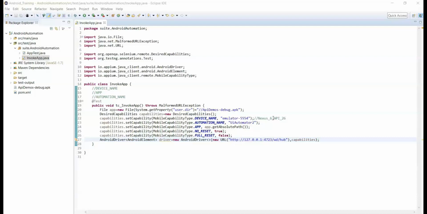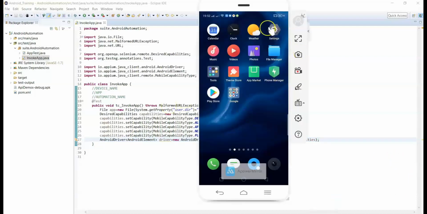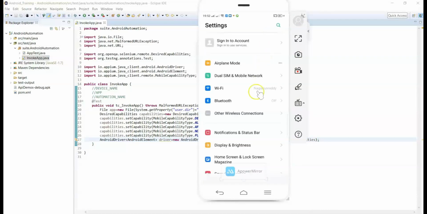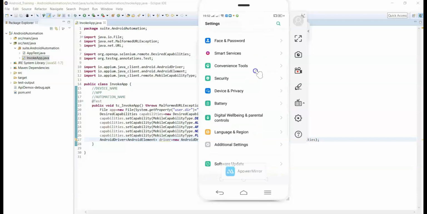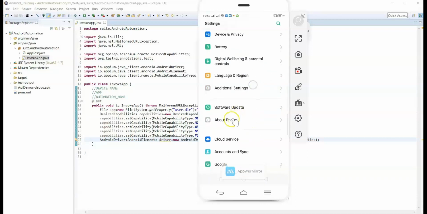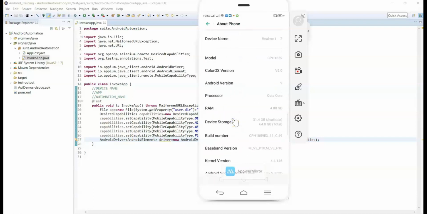So to enable developer options, open your mobile and then go to settings and scroll down to About phone, tap on it, and then tap on build number 7 times.